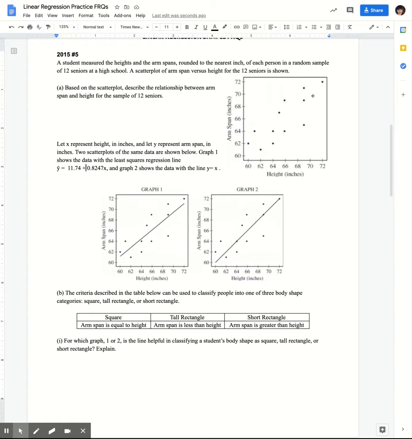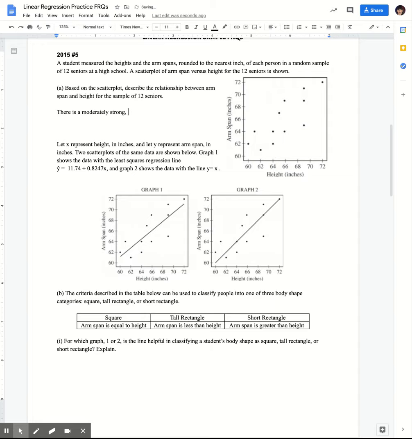And we're trying to figure out what the relationship is between those two variables. And I only have 12 data points here. So you have this first scatter plot, and they just want us to describe the relationship between arm span and height. So remember, when you're describing the relationship between two variables in a scatter plot, you have to talk about strength, direction, and form. So I would say there is, and then we're going to talk about strength. So I would say you could say strong, or I'm going to say moderately strong. So a moderately strong,